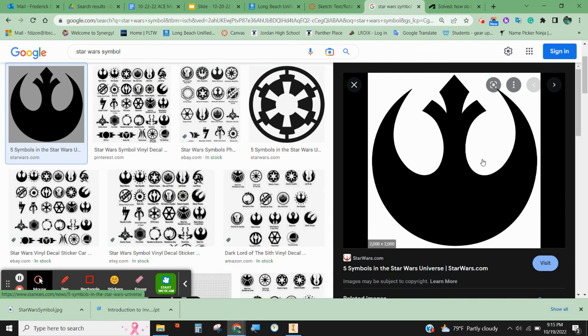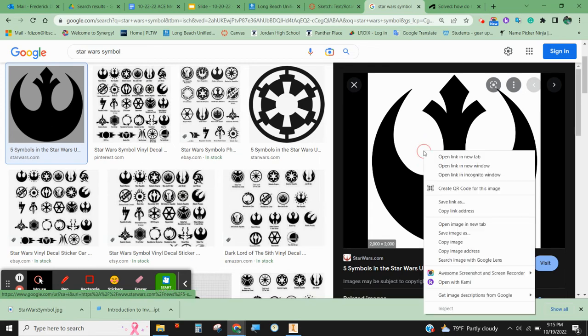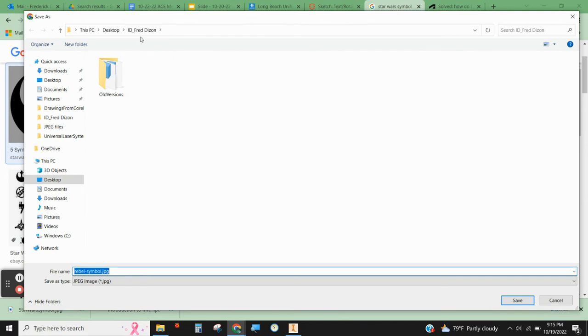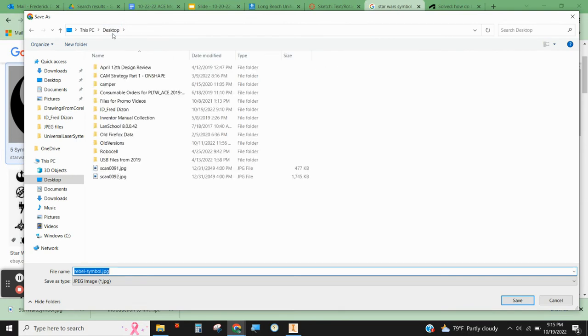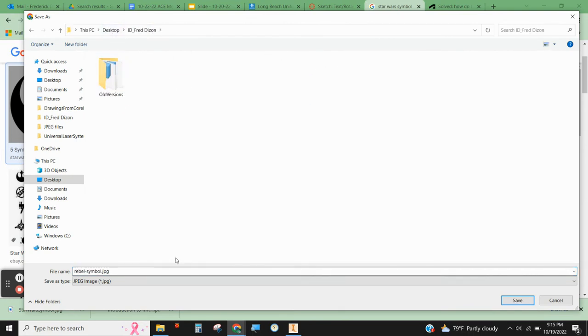The curves are easy. Now at this point, if you want to look for a different image or logo, you can go ahead and do that. All right. So anyway, you're gonna right click on that image and you're gonna save it. I want to save it under my desktop, under my folder, and we're gonna call that revolve symbol. So always give it a name